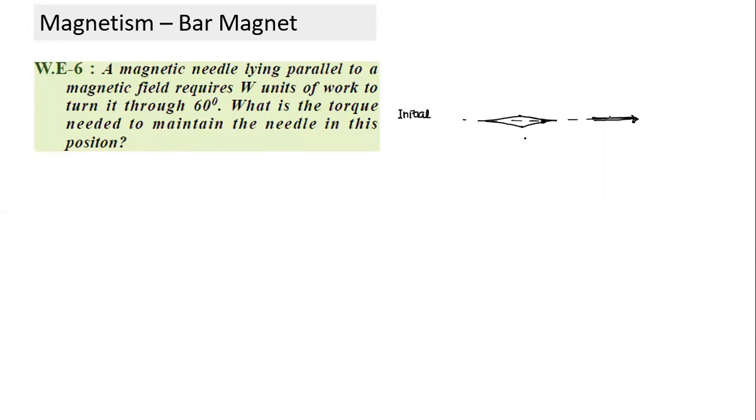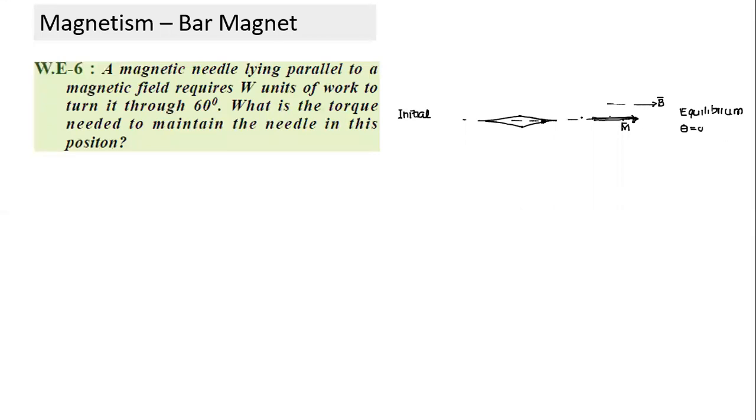So let's look at this question. A similar question we had done in the case of the electric dipole. I can represent the magnetic needle by a vector, an arrow. This is how M is, and this is how B is. This is the state of equilibrium, and theta is 0. If a magnetic dipole is placed in a magnetic field, and if it is free to rotate, it will come to equilibrium when it is aligned with B. Angle theta is 0. So that's the state of equilibrium.